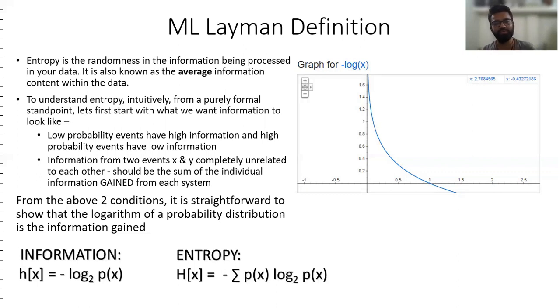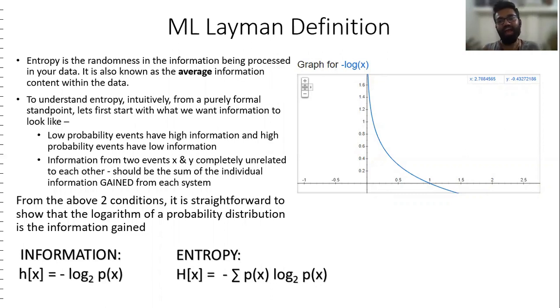One other reason why bits is such a nice way of looking at it is because Shannon showed that this negative logarithm of probability of x is also the number of bits that you can use to transmit the event. What I'm trying to say is the negative logarithm of the probability is the information, and that sets us up very nicely for the next definition, which is actually entropy.